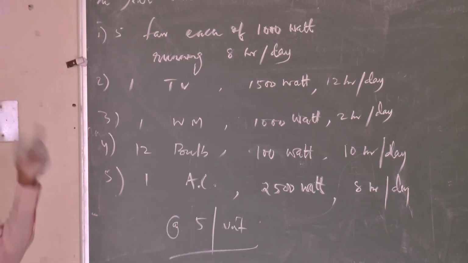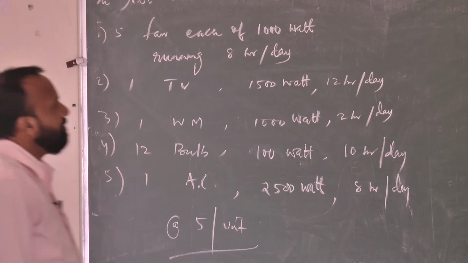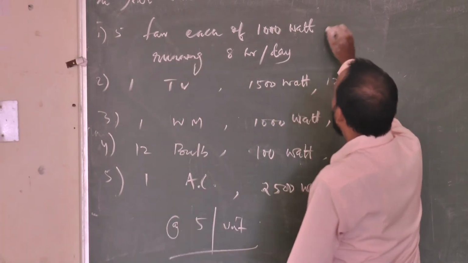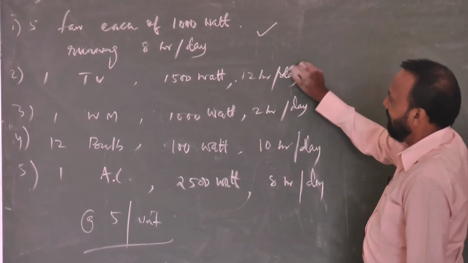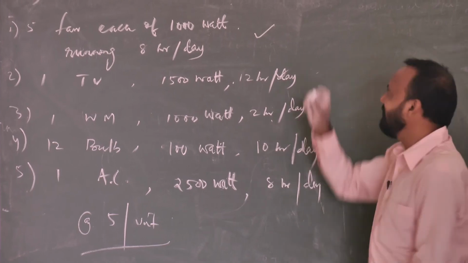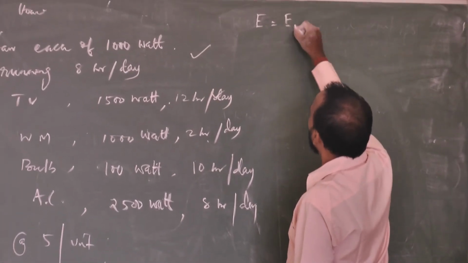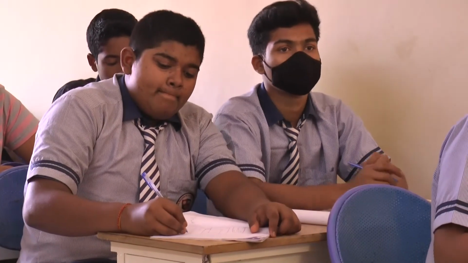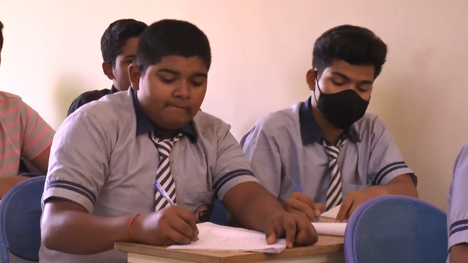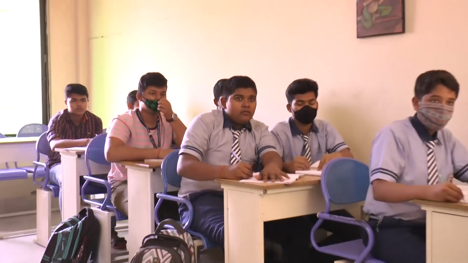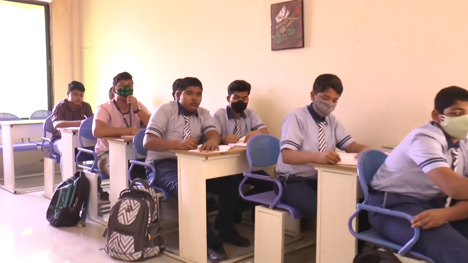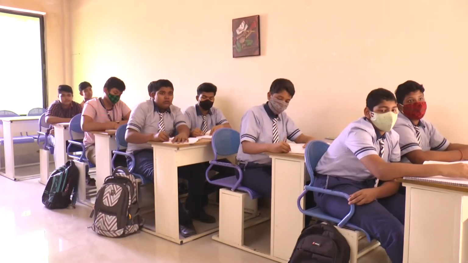So many electrical appliances are there, just for an example. So what do you see? This is your E1, this is your E2, E3, E4, E5. I will find out the energy for all. If I add this energy as E1 plus E2 plus E3 plus E4 plus E5, five items, then I will get a total energy. After getting the energy, I will convert it into rupees. Okay, kilowatt hour.